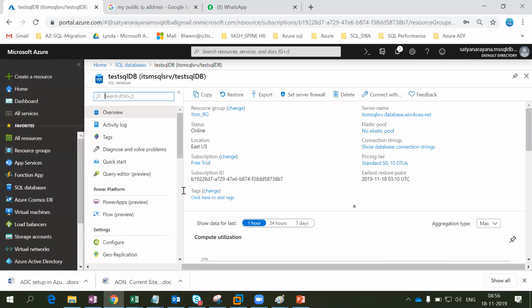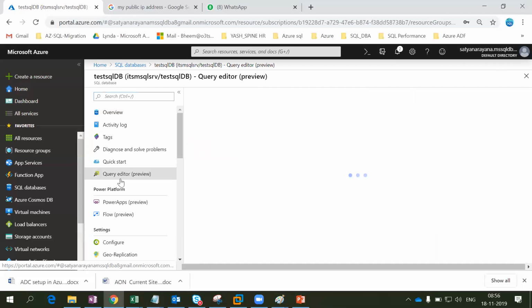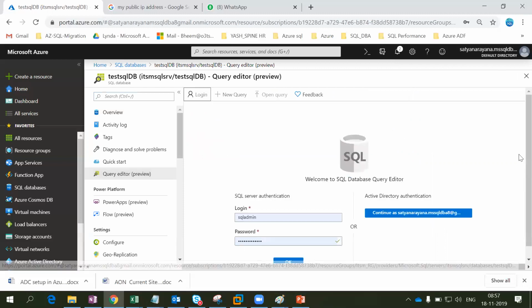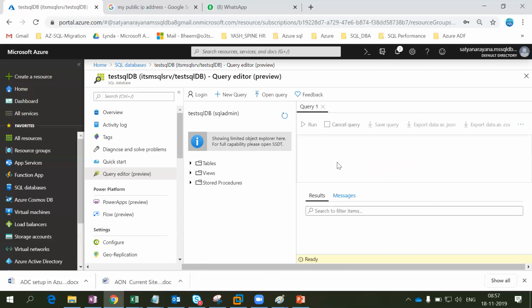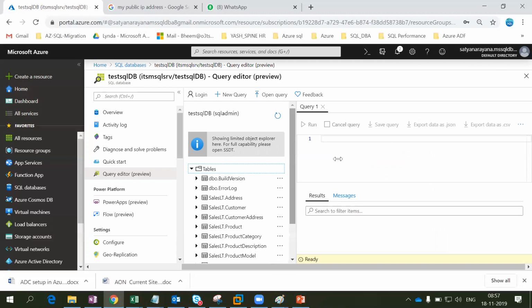And here is the query editor. Now just click OK. It logs in with SQL authentication. Now see here, this is my query editor, and whatever tables are available on this end are available currently. It's loading. See here. Now I can run the query that I ran in Management Studio. Just click on execute to run the query.